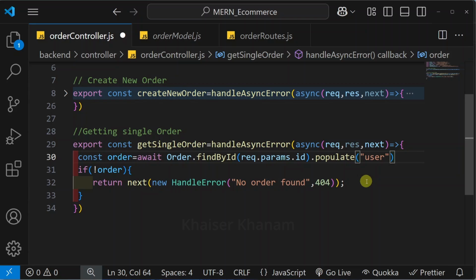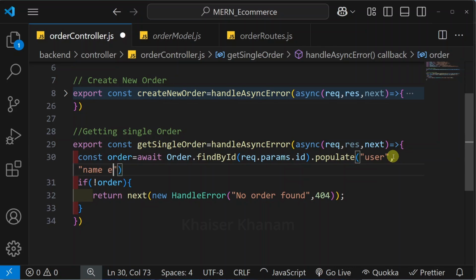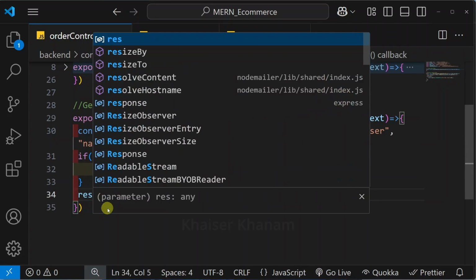Inside which what information will be stored? Whichever user is logged in, that user ID will be stored inside this user. So from there, what I will do, I'm just going to populate name and email of the user. So in this way, we will be passing from this user property. I'm just going to populate this name and email. Then finally, I'm just going to send the